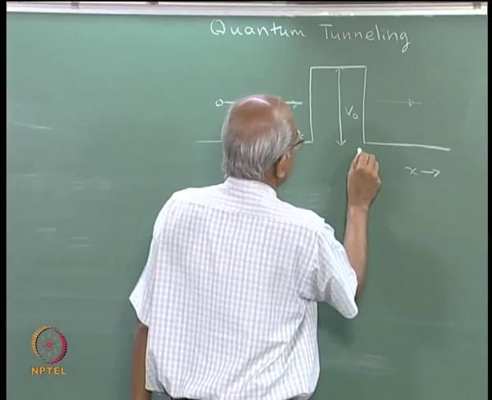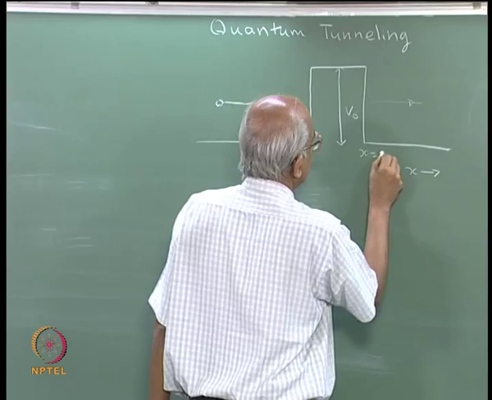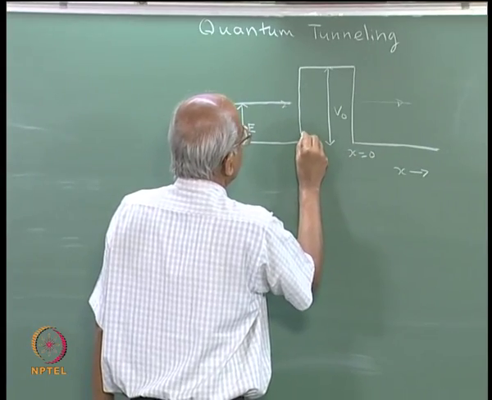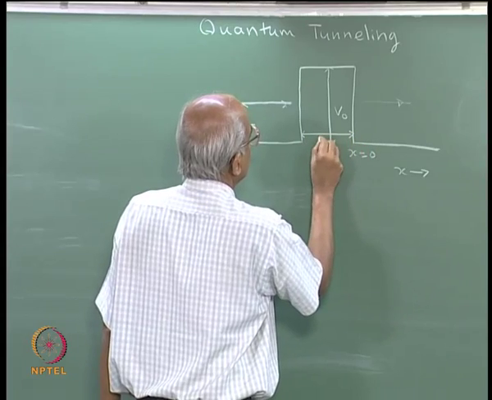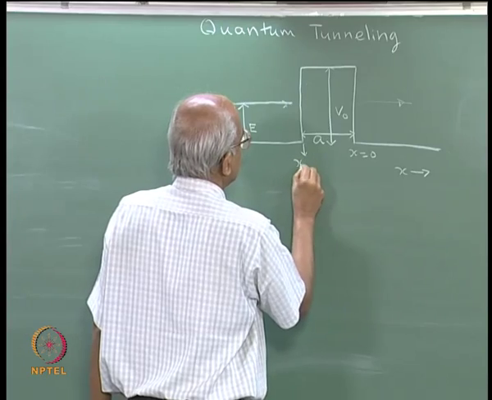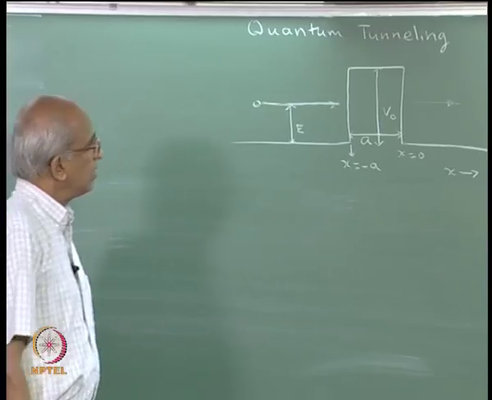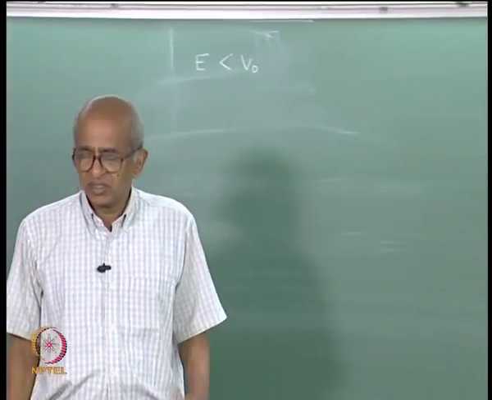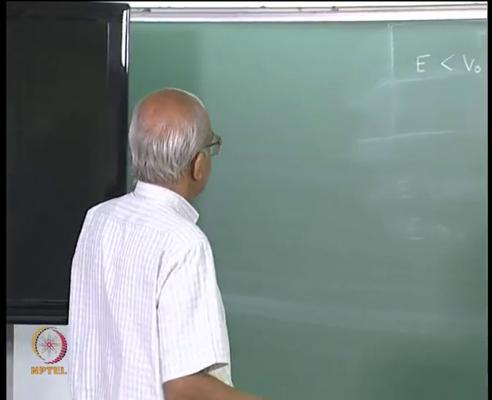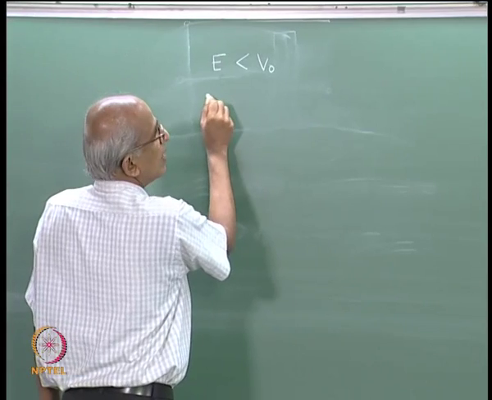and this end of the barrier I shall say is my origin, x is equal to 0, and the barrier itself has a width which I shall denote by small a, as a result of which at this point x is equal to minus a. And we want to solve the time independent Schrodinger equation for this problem. So, what is the time independent Schrodinger equation? The time independent Schrodinger equation says